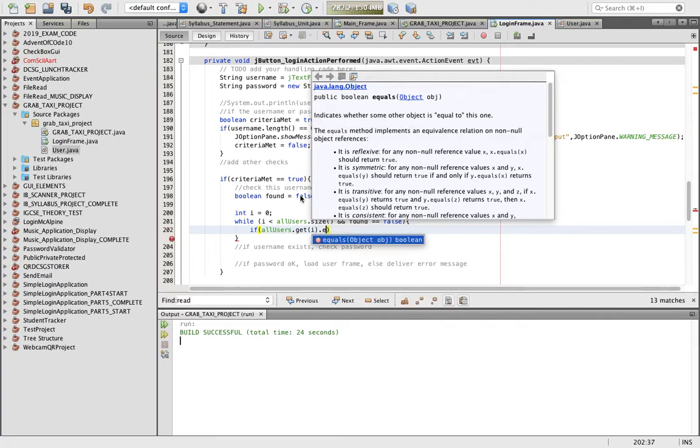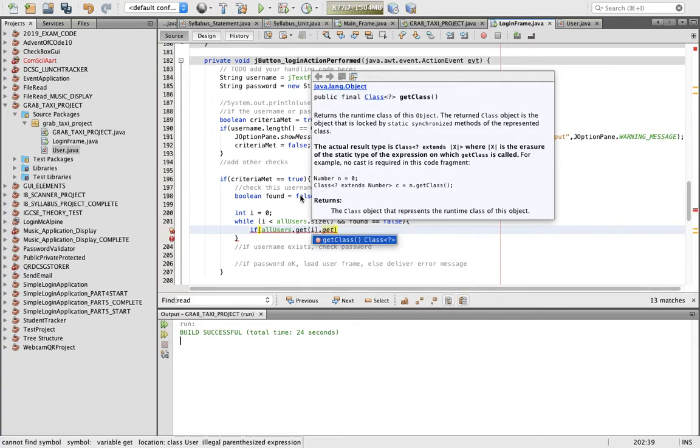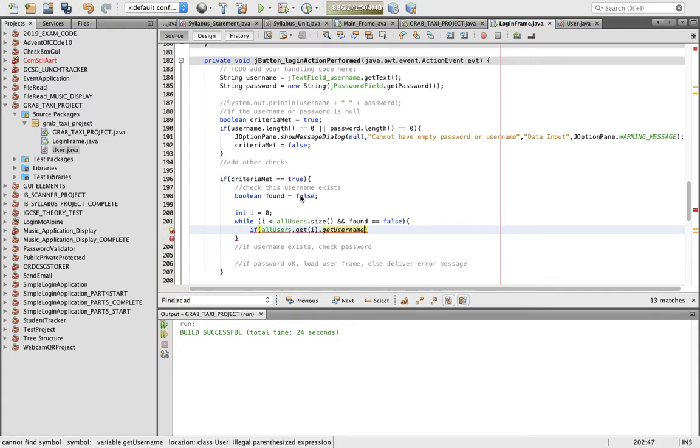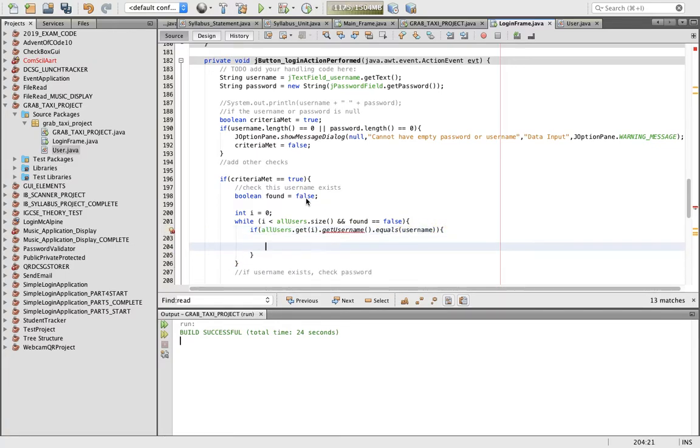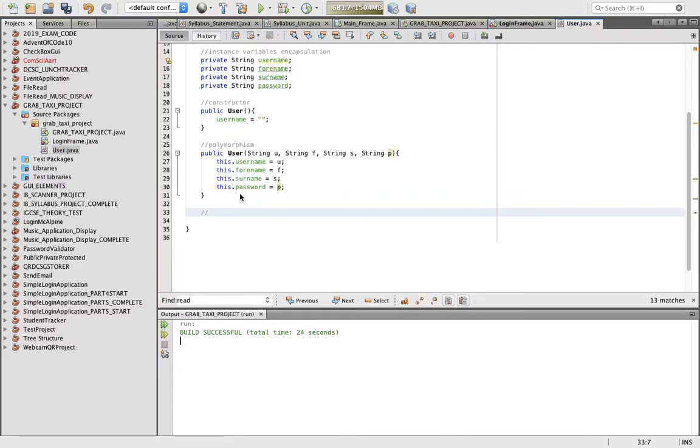Dot get username is the one I want to do, which is going to bring back a string. Dot equals the username that's typed in here. So quite a long signature or method call, lots of different methods happening. So get username is going to be a user, and it's one that's designed, so it's going to be return username string. So public, so we can call it out with here, string the return type, get username, no parameters, literally return